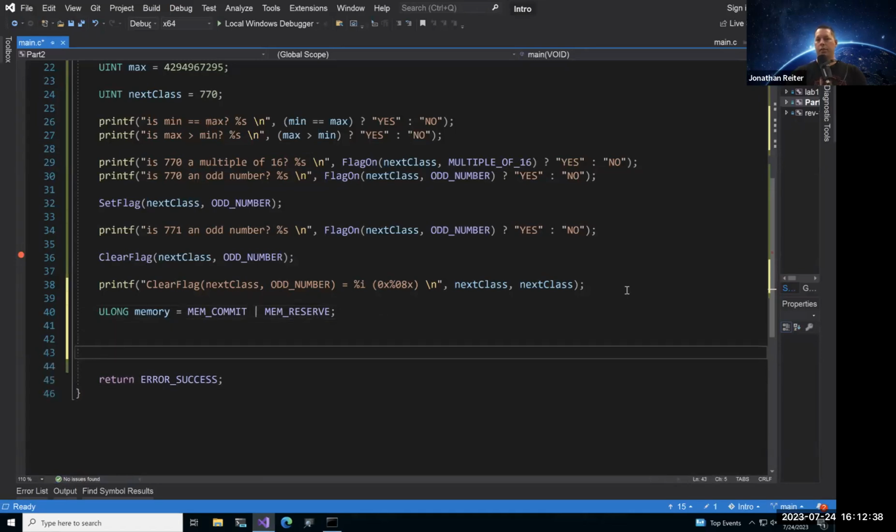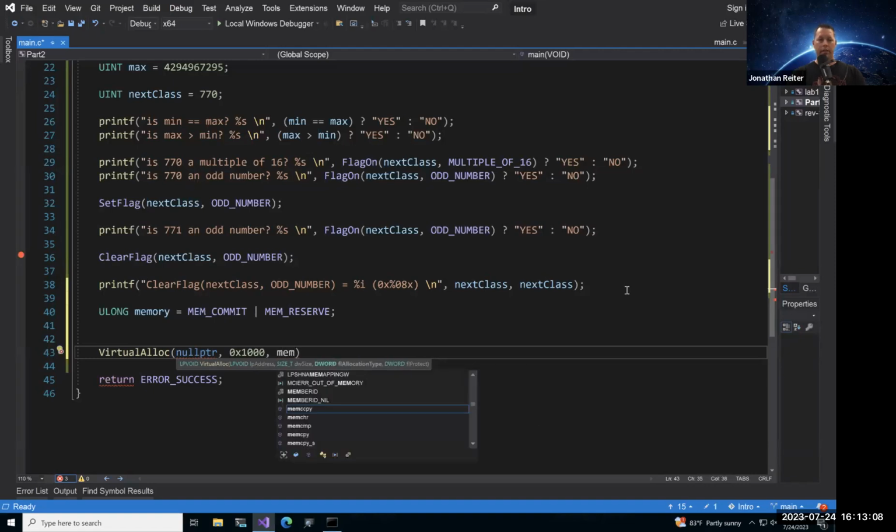Typically you'll see this commonly used in a call like this, right? You don't have to type this one out. VirtualAlloc is a way to allocate some virtual memory, at least a page of memory. And a page of memory is hex 1000, your default size of a page. And the allocation type is where you would do the MEM_COMMIT and MEM_RESERVE. Since I already have that one, I can just pass it in there as memory. You might wonder why DWORD versus ULONG? Guess what? They're the same thing.